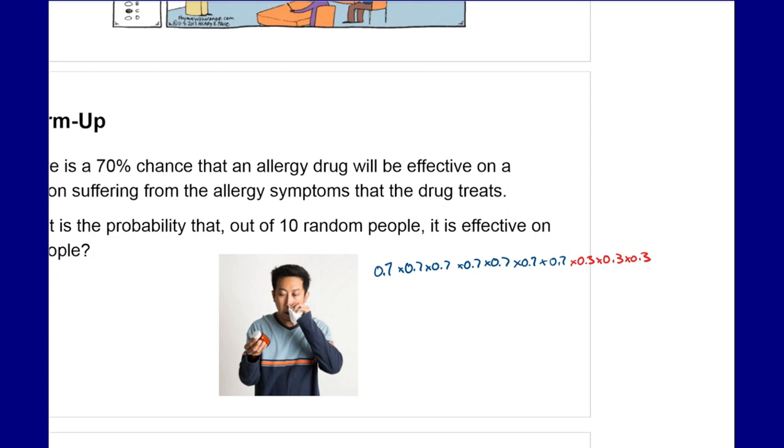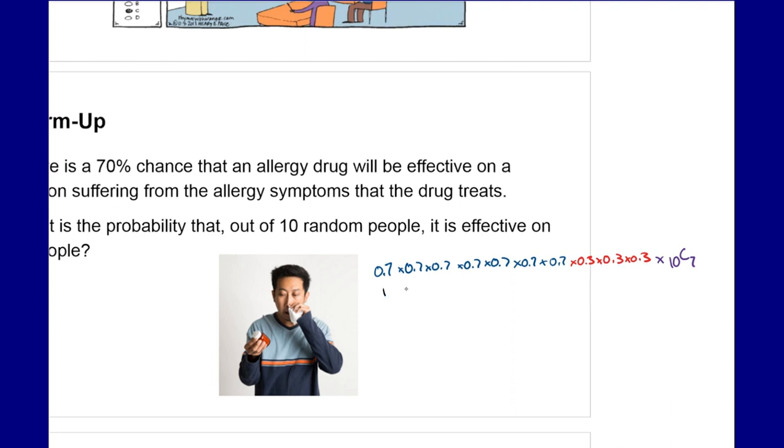However, it doesn't say which people it works on, right? We're assuming that it's working on the first 7 people and failing on the last 3. So what we have to do to consider the different possible combinations of people, we're going to multiply now by 10 people choosing 7 of them for it to be successful on. Again, it doesn't matter the order because we can't tell the difference between successes, so arranging it doesn't matter, but selecting a group of 7 people from 10 to basically allow it to be effective, we do have to account